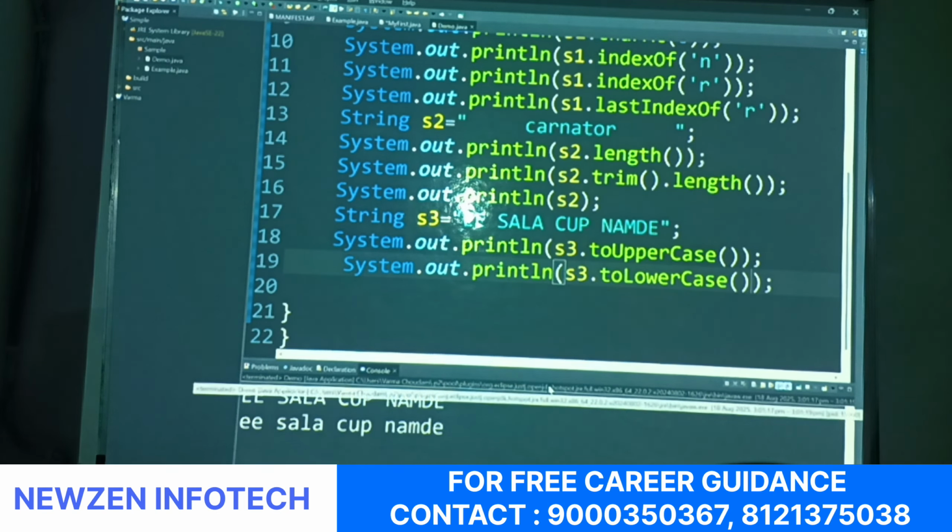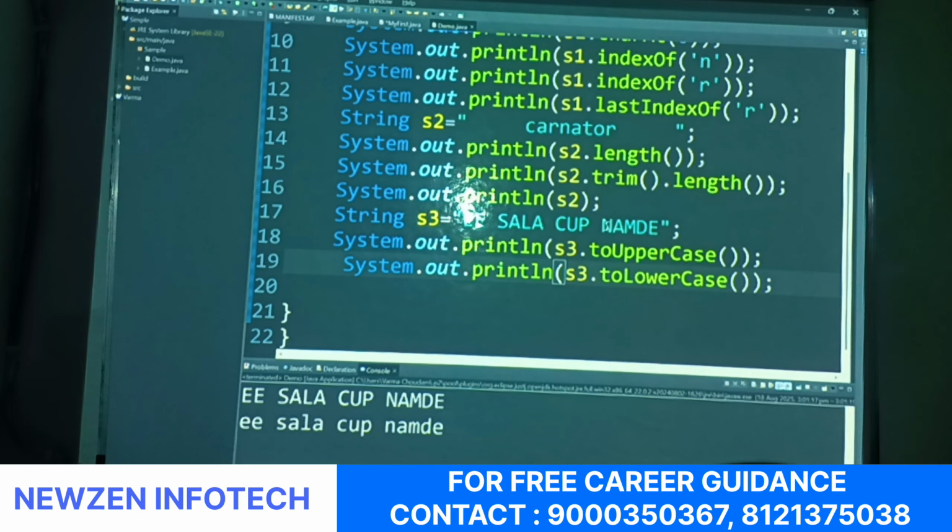Whenever we use toUpperCase, that string will be converted from lowercase to uppercase. Whenever we use toLowerCase, that string will be converted from uppercase to lowercase. Then after that, for example,